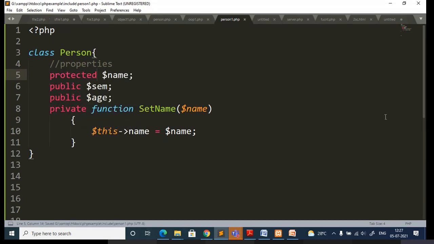Will I be able to access it now? Yes, someone responds. Am I now able to access these properties if I specify the scope as protected? What is the difference? How can you differentiate protected from public and also from private?